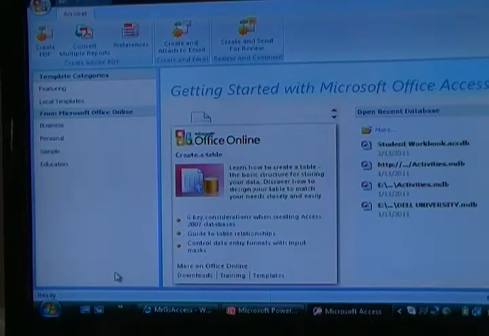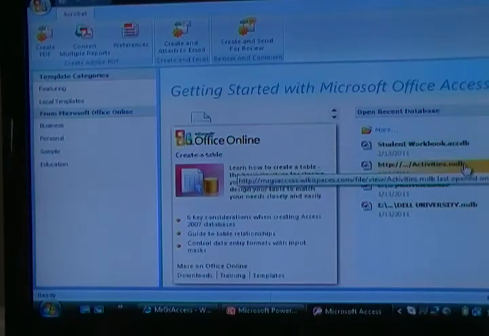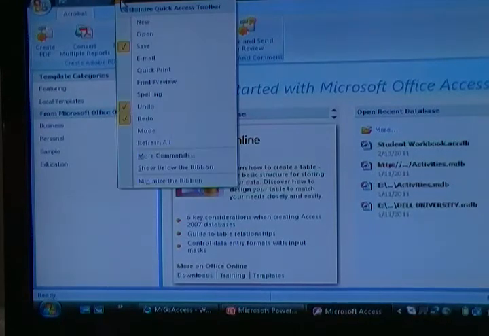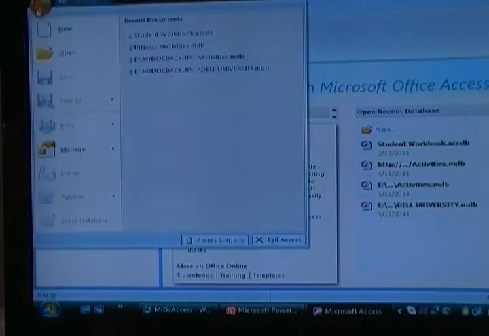With one exception. On the right, over here, I have databases that I've started. You won't have that. You will have to select a new database. Many of you will have an icon right here, which you can't see. Let me see if I can pull that up. It says New Blank Database. Another example of how to open this is come up here to this little tiny arrow, and you can find a new here. A third way is click on this Office button and go to New, and it will open up